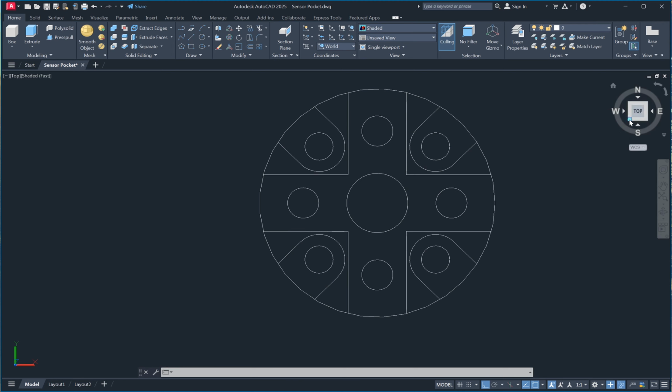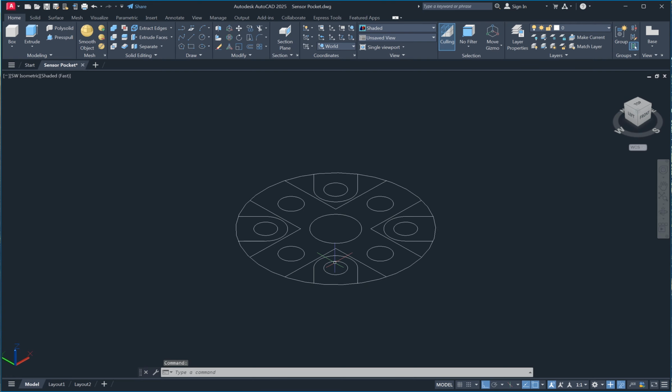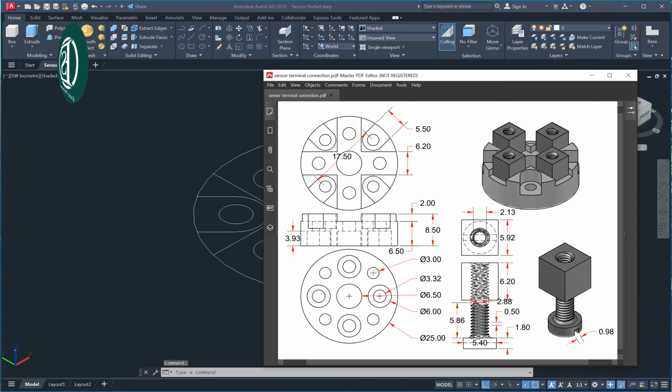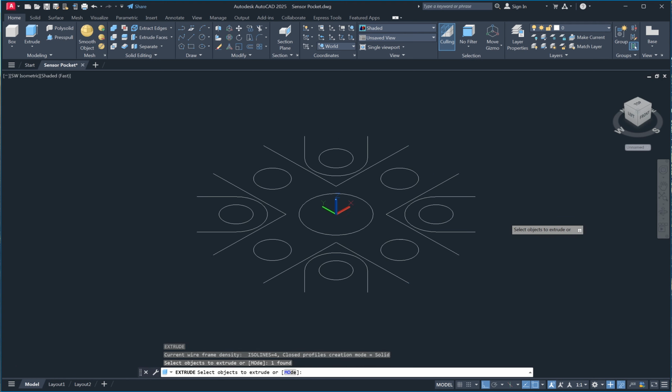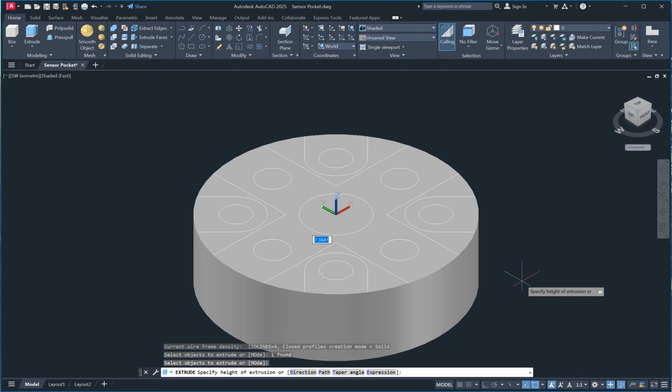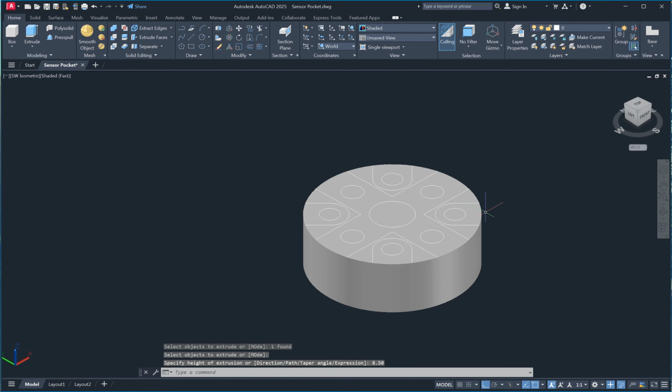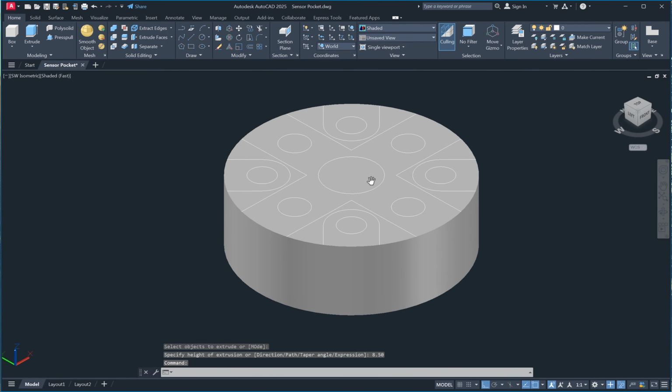Then we go to 3D view. In here, we need to extrude object. Extrude this circle. The height is 8.50. So EXT, enter, select object to extrude, enter, specify height of extrusion 8.50, enter. Now we get like this,